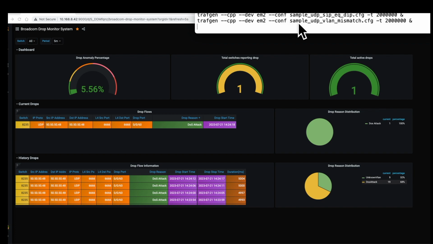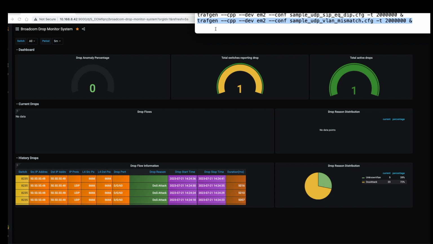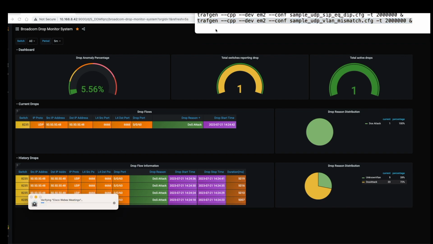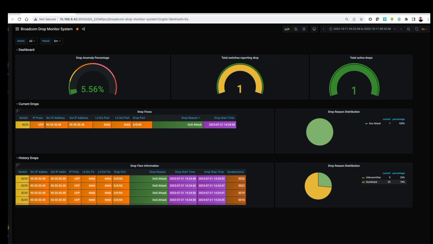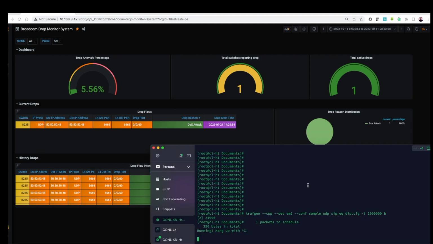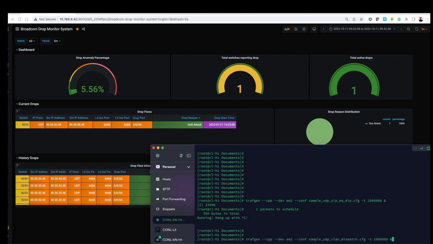The second flow that I've defined here is not illegitimate traffic, it's valid traffic, but it will be sent for a VLAN which has not been configured on the switch. So there is missing configuration. And this is a type of problem which can happen in any network, right? You can just forget to configure a VLAN on one of the switches, or during a change you erroneously deleted that VLAN. So this is a human error problem which can happen in any network. So let's simulate that problem here,